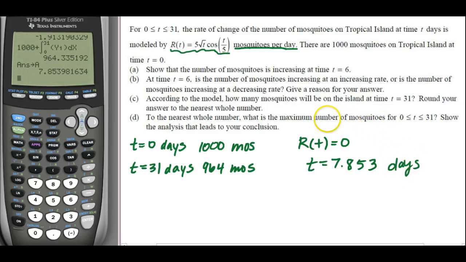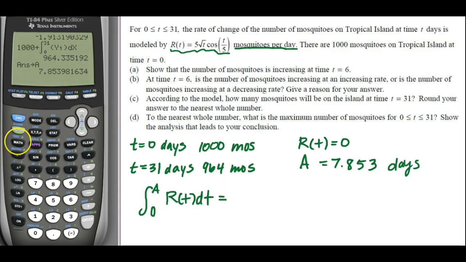So potentially the maximum number of mosquitoes happens at 7.853 days. The only way we're going to know is to evaluate the integral from 0 to A. So instead of calling this t now, I have labeled it as A. And on the AP exam, you're going to want to do this as well. You're going to want to list what you stored as A, and then the integral we're setting up to find the number of mosquitoes there were at 7.853 days is the integral from 0 to A of r of